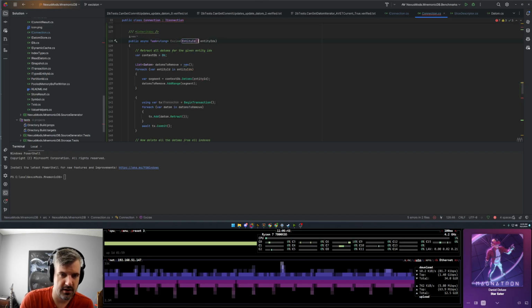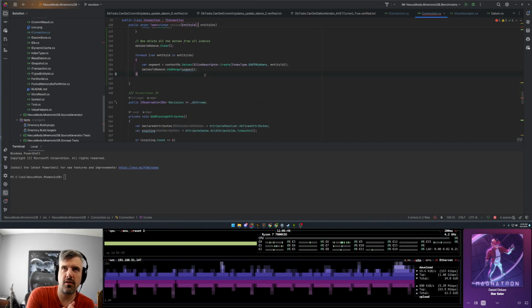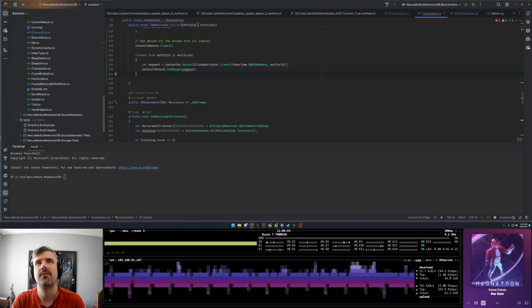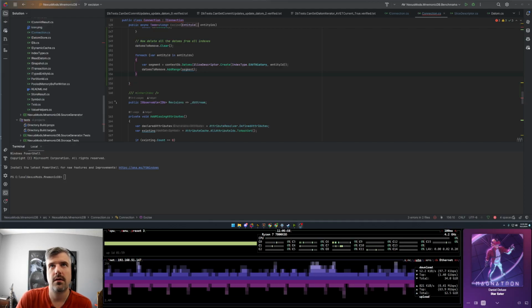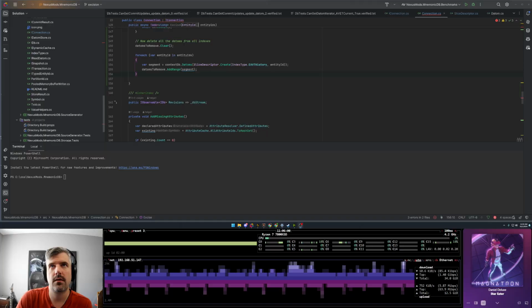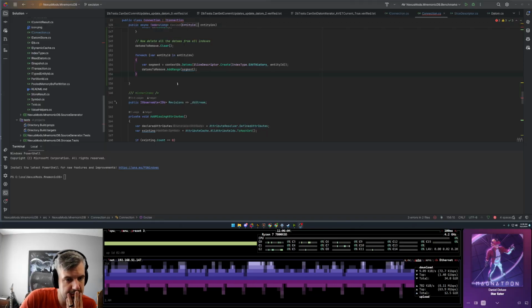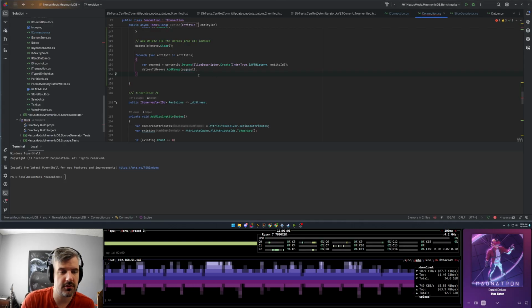Have this take an array just because we don't want to do multiple enumeration over that. Okay, so now we have a list of the datums we want to actually go and delete.